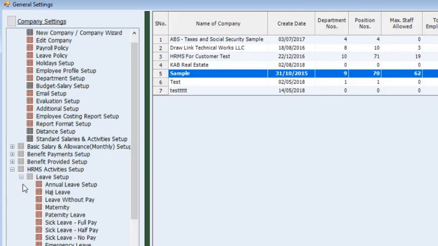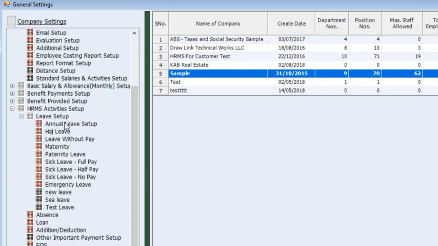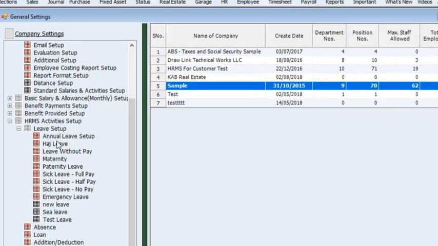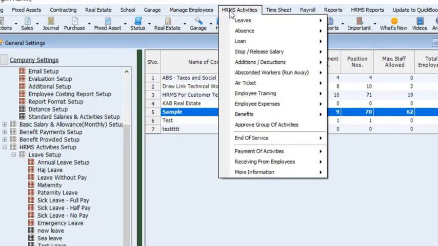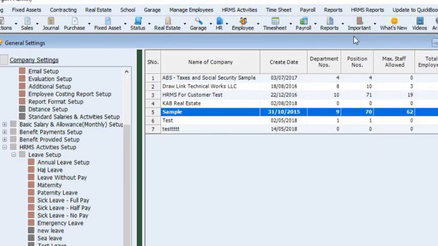So this is in short regarding the leave, more specifically the annual leave setup. It's regarding the annual leave in addition to all these types of leave. So we use exactly the same method when we want to set up any other new type of leave. And if we want to see this in action, we go to HRMS activities, and then we go to leaves, and then we go to create leave,